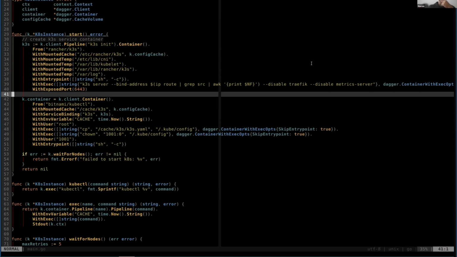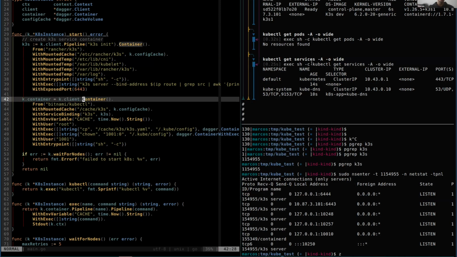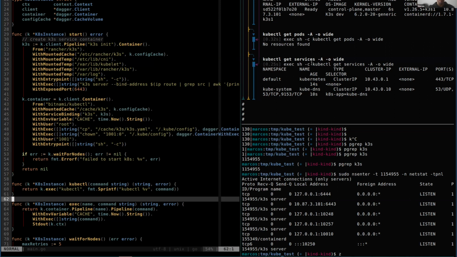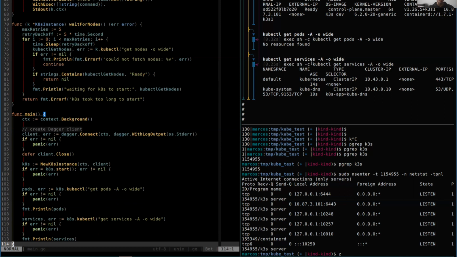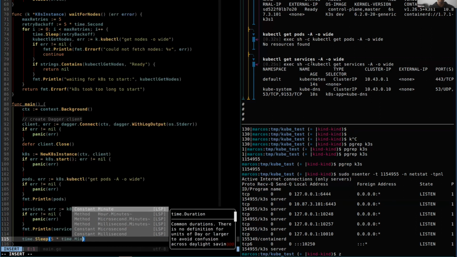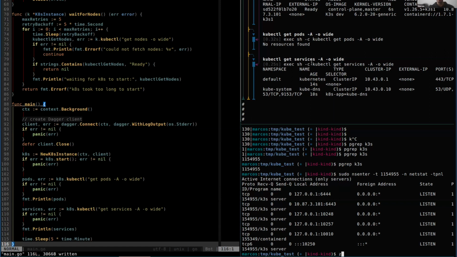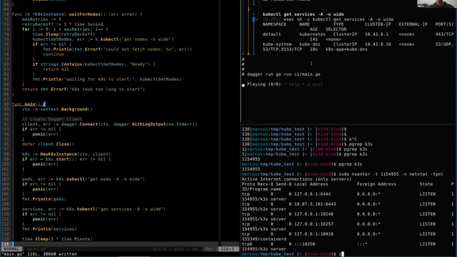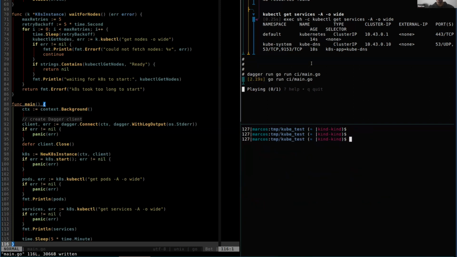Lastly, imagine that you wanted to run a pipeline and ultimately assess the state of your Kubernetes cluster, because you want to see what was left over after that. There's another way that you can do this using nsenter, as I showed before. Imagine that after my pipeline finishes, I'm going to do a time.sleep of, I don't know, 5 minutes. I'm going to run this one more time. And what you can do once you get, again, the K3s process ID,